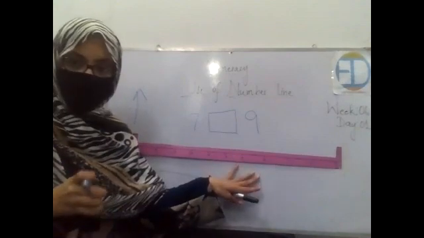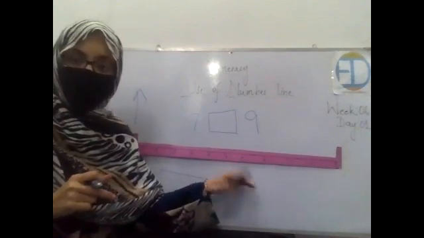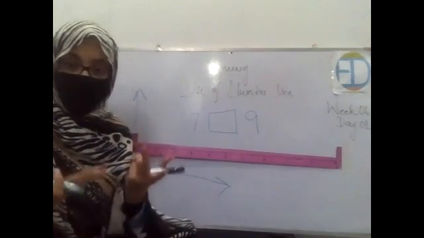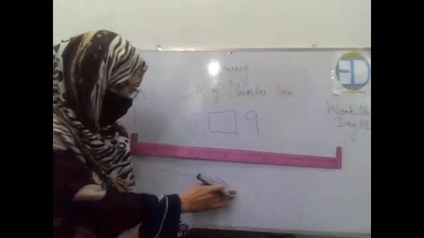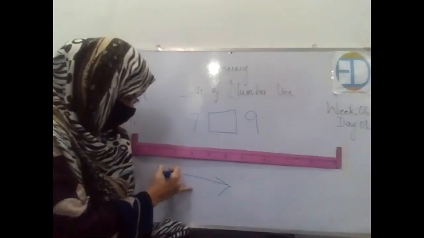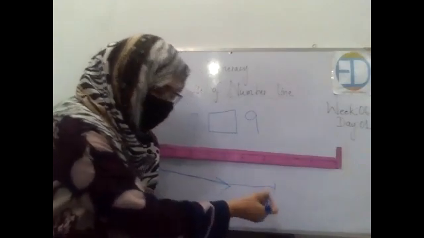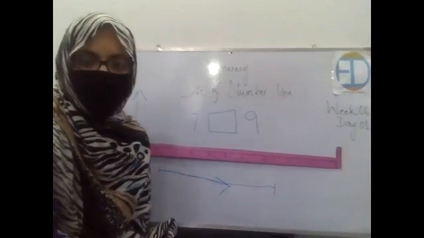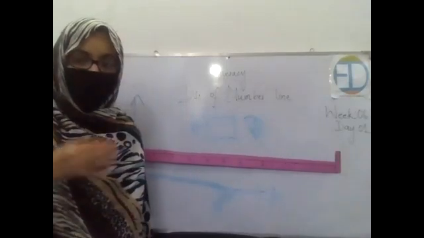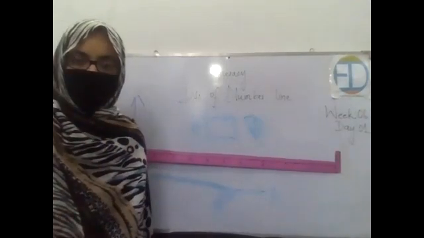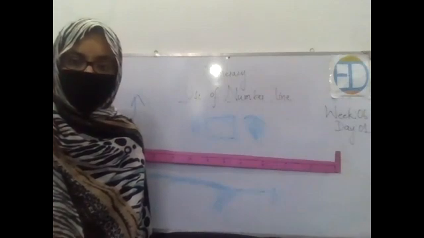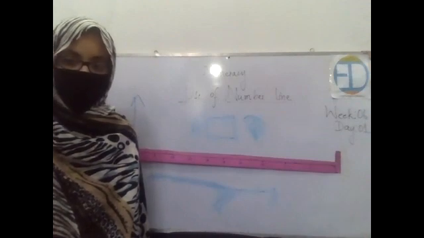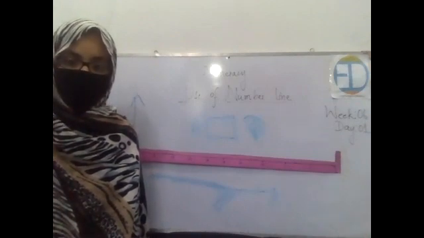Now I have drawn it in the horizontal way, right? So first draw this number line. You can draw it now in your notebooks and show me. First do this: draw a number line like this. And then place numbers on it. First draw it, then place numbers on it. Hurry up. Okay, so all of you have drawn the number lines. Show me one by one. Yes, Aliza, you show me first. Okay, good. Yes, Sarah. Excellent. Yes, Ahmed, are you done? Show it to me. Okay, good.